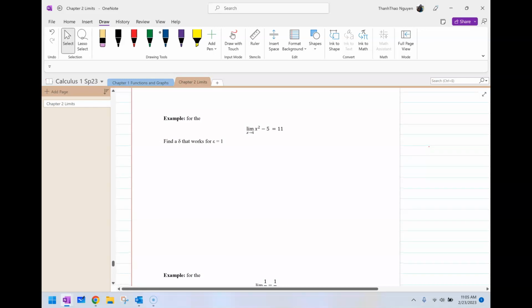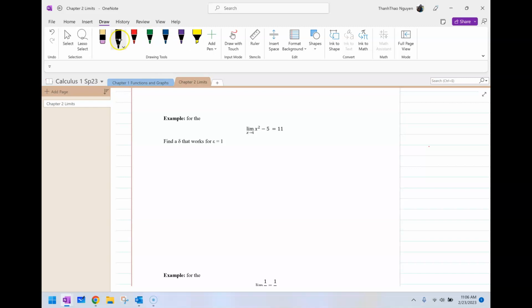For example, the limit as x approaches 4 of x squared minus 5 equals 11. We want to find a delta that would work for epsilon equals 1. So what we mean is we want to see what is the restricted x value so that the distance from the function to its actual limit, that is 11, is less than 1. So first things first, we need to figure out what would be that open interval. Okay, so first we'll find the open interval